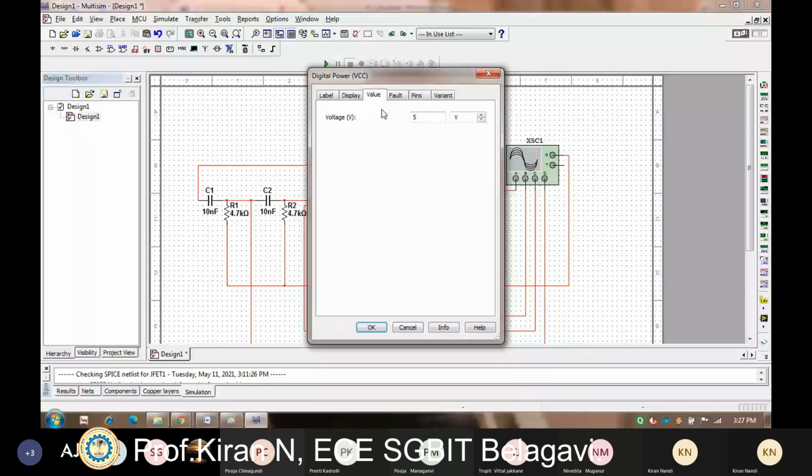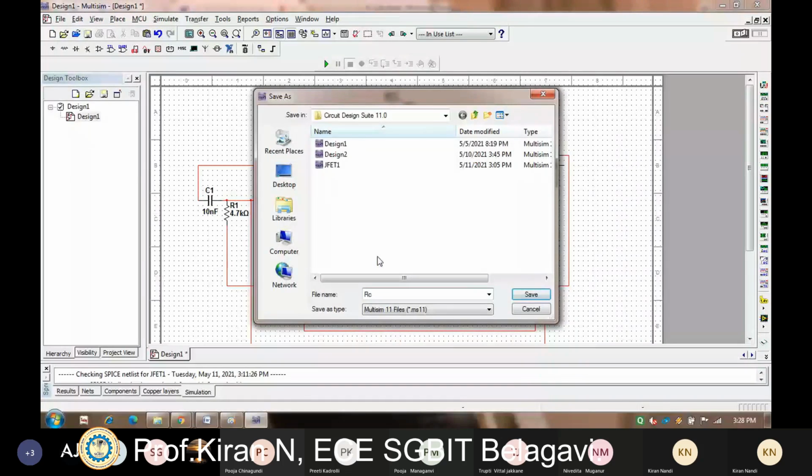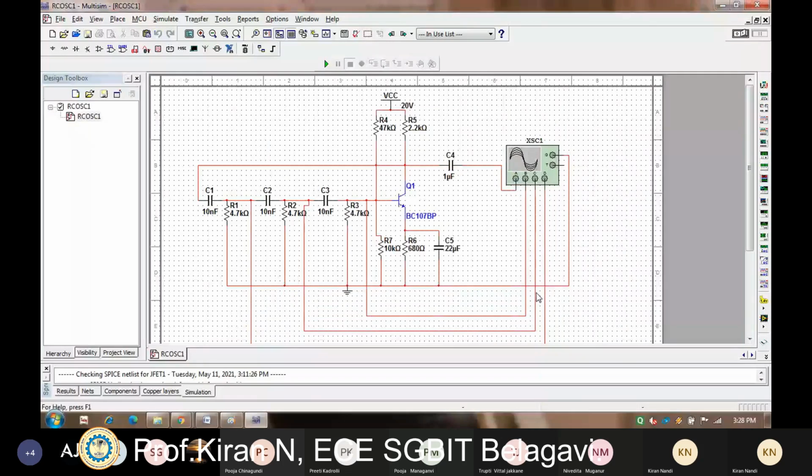Now we shall see the output. So I'll save this as RC oscillator. One second. Save as RC OSC 1. So I'll save this as RC OSC 1. Save this once again and start running this.